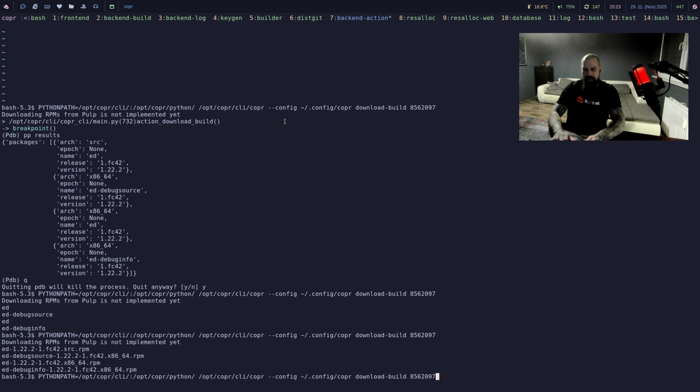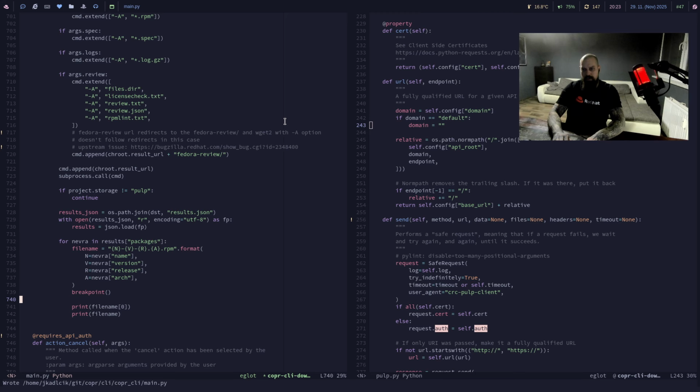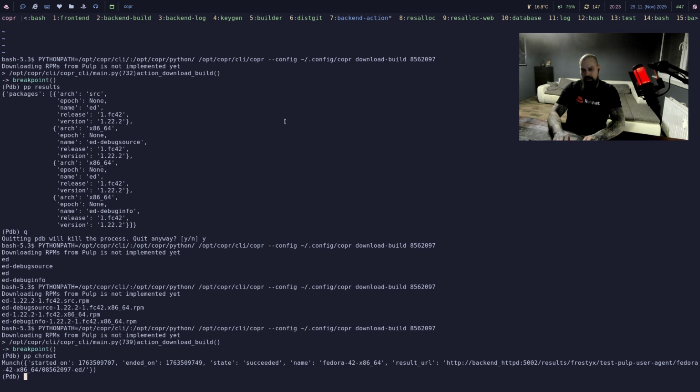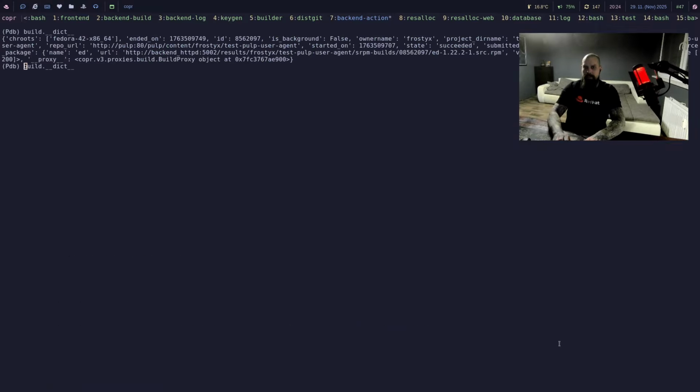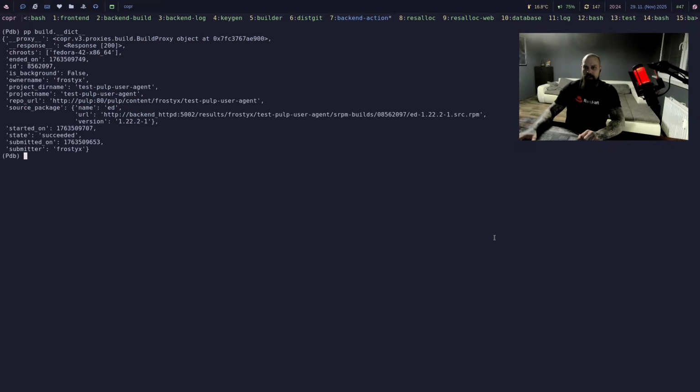We need our debugger here. So shroot. Is this the one? No, this is the one on backend. So build dict, pp that, of course. So repo URL content. Okay, so we need to, we kind of can,